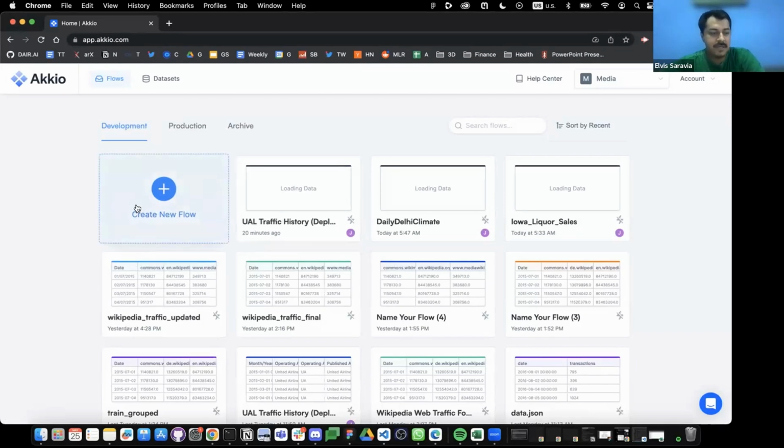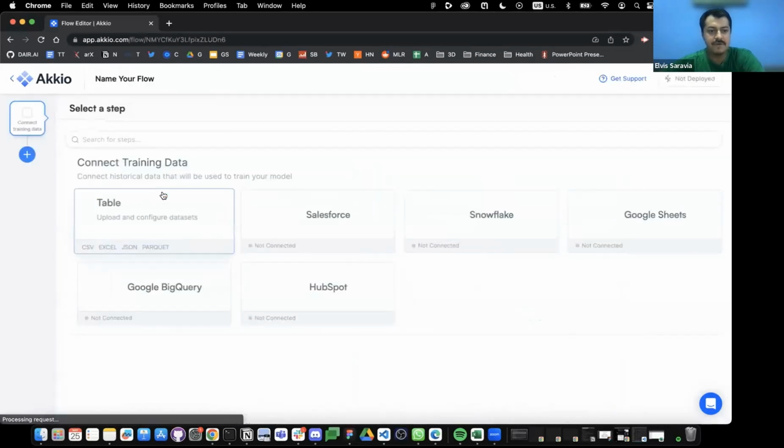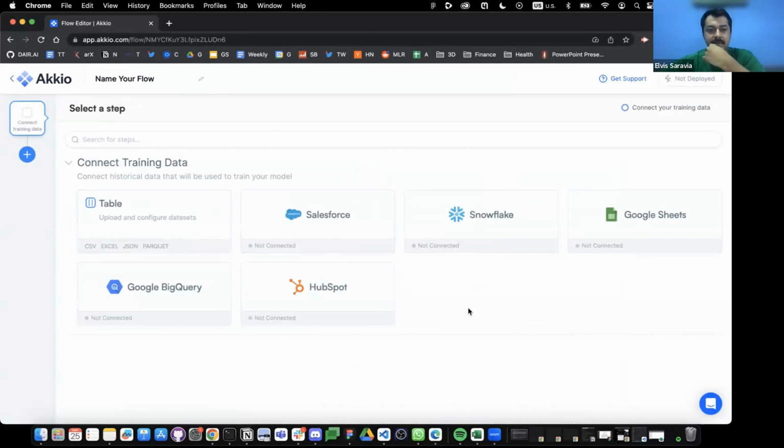But here the starting point is you need to get a data set, right? And for this case, I've chosen a data set that's in a tabular format. This data set is something that I grabbed from Kaggle. It's a public Wikipedia traffic data set. So it's all the different projects under Wikipedia. We have the Wikimedia, we have the Commons, we have all the different translations of Wikipedia. And I've grabbed a few of those and converted them into a nice table format.